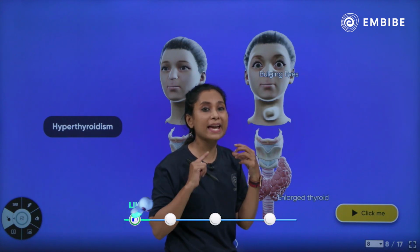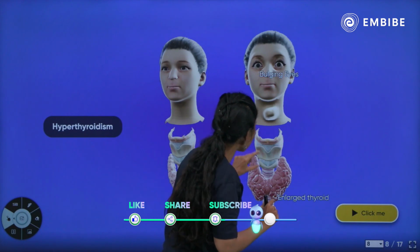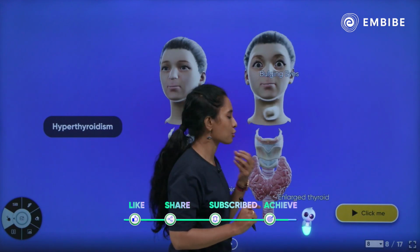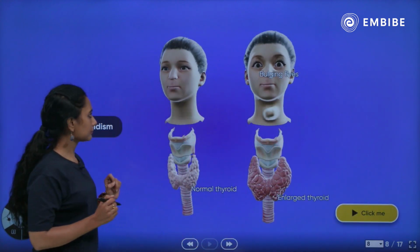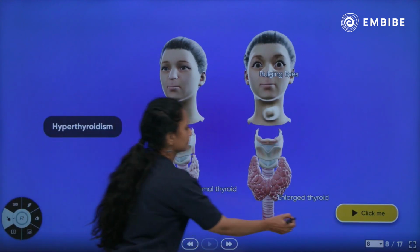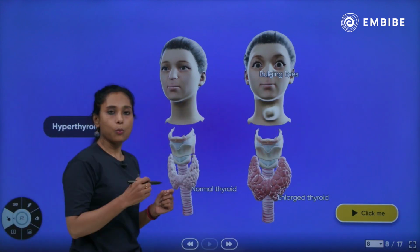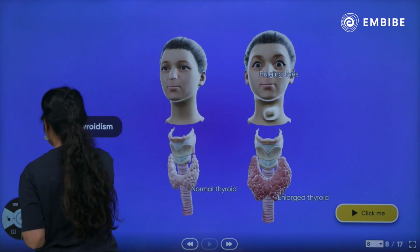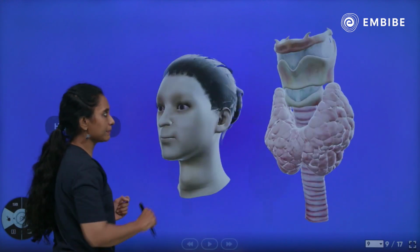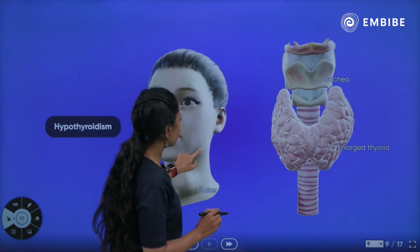This is because of excess secretion of hormones, and the gland is bulging, that's why you can see this protrusion here also. Let's see this once more. Now, what are these symptoms of hypothyroidism? This is about hyperthyroidism. See, in case of hypothyroidism,